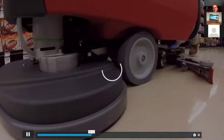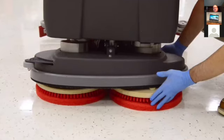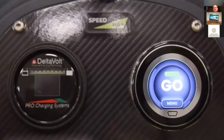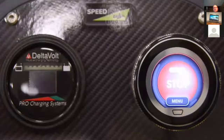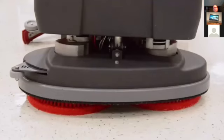shelves or school lockers. Finally, removing or installing pad drivers or brushes is made simple with the automatic on-off features. Operators no longer need to struggle or get on the floor to maintain the pad drivers. Simply press the button or squeeze the trigger and complete this process. In the end, the Genesis scrubbing system gives you peace of mind and the power needed to get the toughest